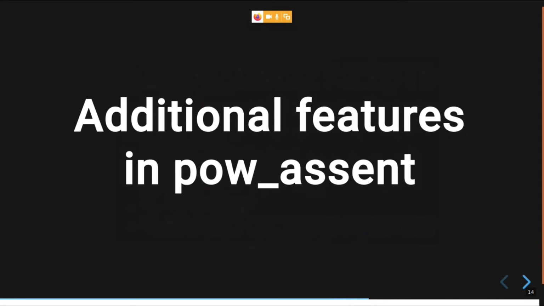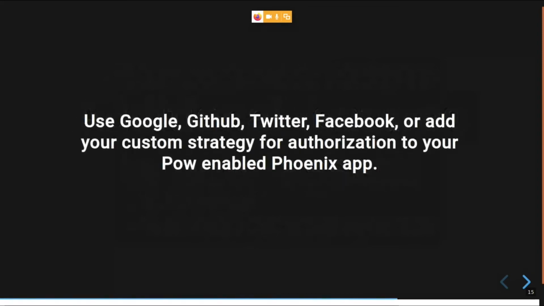Most websites or applications give us the ability to use social logins to authenticate with the system. So POW Assent is the library which gives these functionalities to our POW library. We can use Google, GitHub, Twitter, Facebook, or any other custom authorization strategy with our POW enabled Phoenix app for authentication.